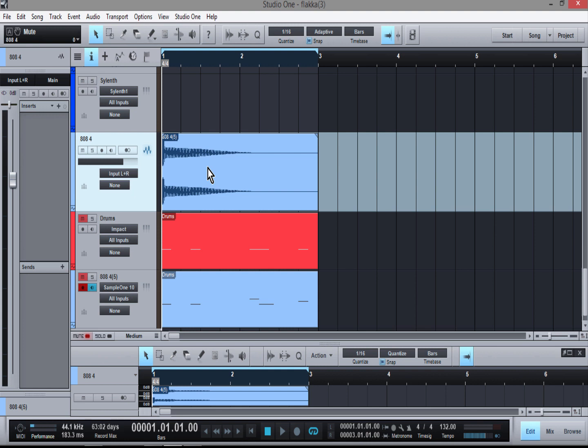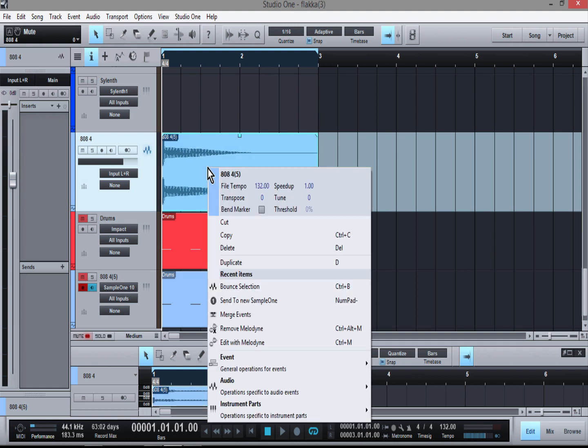And maybe that's happened to some of you in the past, and now you can kind of understand what it is. So it's very important to find the pitch of your 808. That way you can tune it to the root note of your song and make sure that you play your bass line in key. So the way that I go about doing that is I will take the sample and